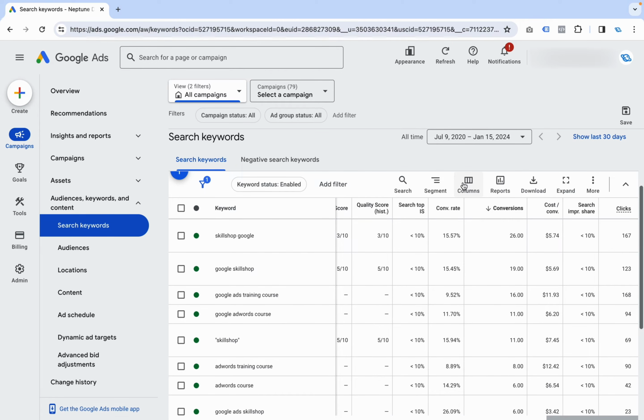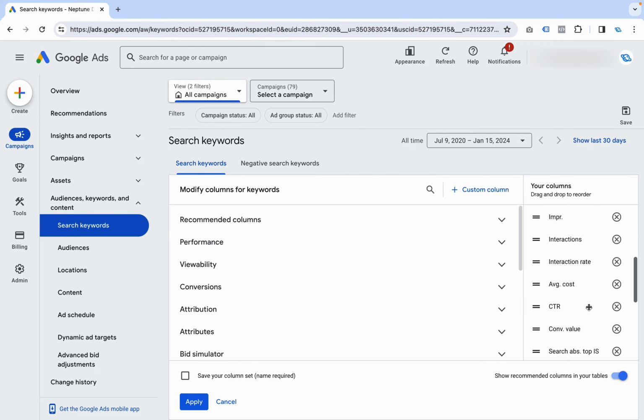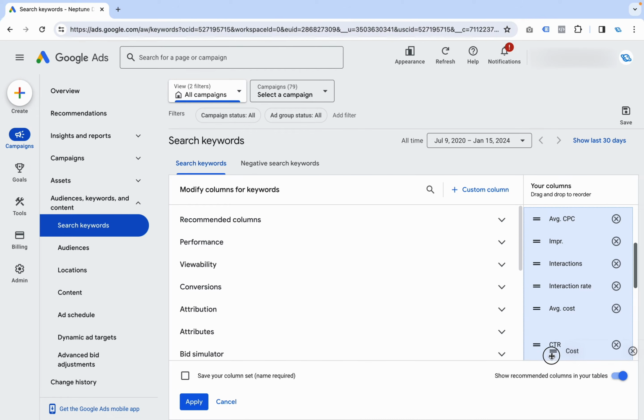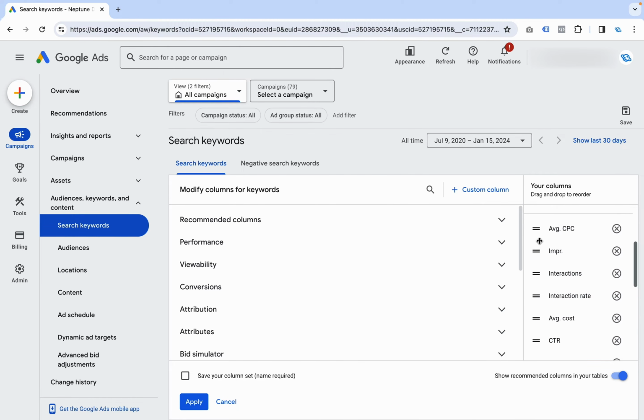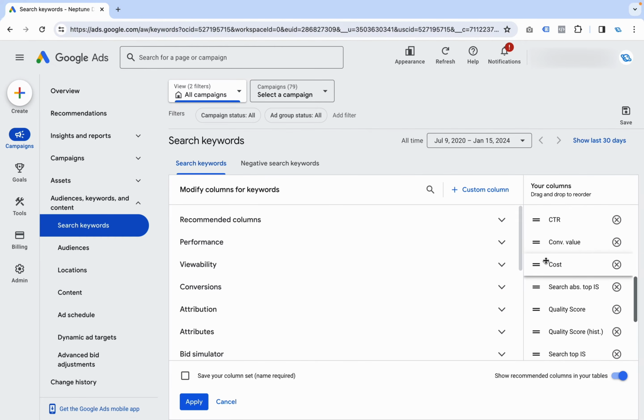And you can see all of those stats now just by accessing them in the columns report. Also, if you don't like the order of the columns, like let's say, for example, I wanted to see my cost somewhere over here, you can just click on columns, modify columns, go and find cost. You see I've got cost over here, and I'm going to drag it all the way down. Come on, little column. Come on, you can do it. Okay, hold on. Let's try this again. We've got it over here.